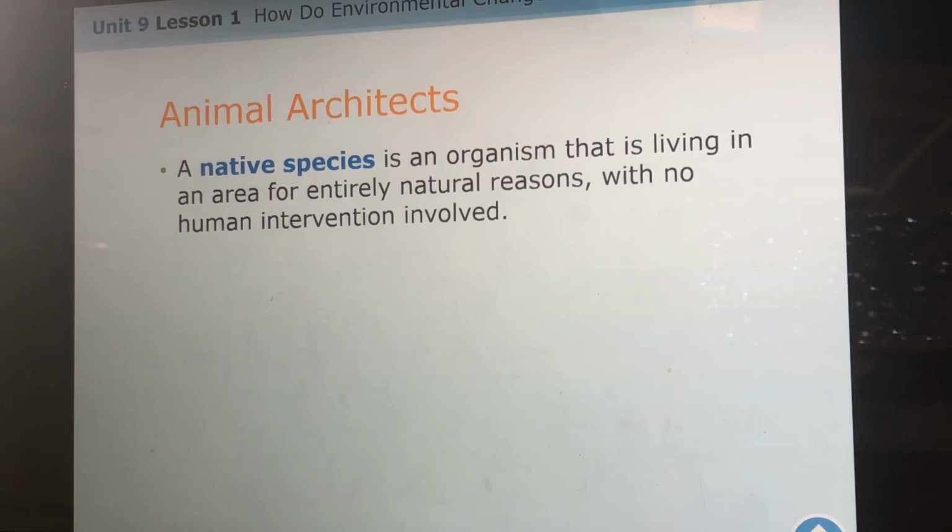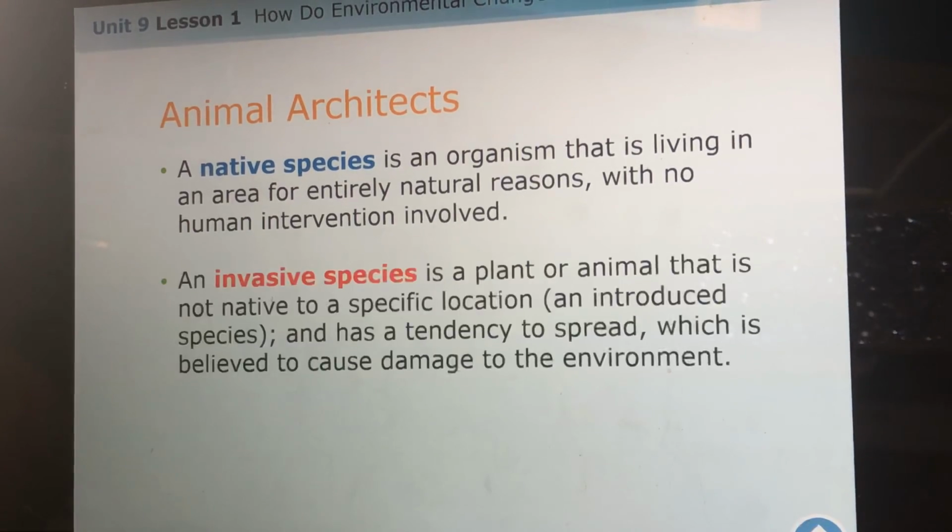Okay, native species. A native species is an organism that is living in an area for entirely natural reasons with no human intervention involved, meaning this organism belongs there. The opposite is an invasive species. An invasive species could be a plant or an animal that is not native to a specific location. It is also known as an introduced species, and it has a tendency to spread, which is believed to cause